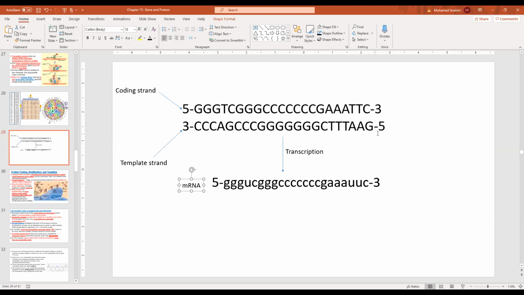You don't need to do complement. What if I was mean, and I give you a piece of DNA, single strand, 5' to 3'? What you need to do first is get the complementary, and then use the complementary to make your RNA. So look at the coding strand and the messenger RNA, and you will be surprised to see that they are exactly the same, except that any T is going to be a U. See?